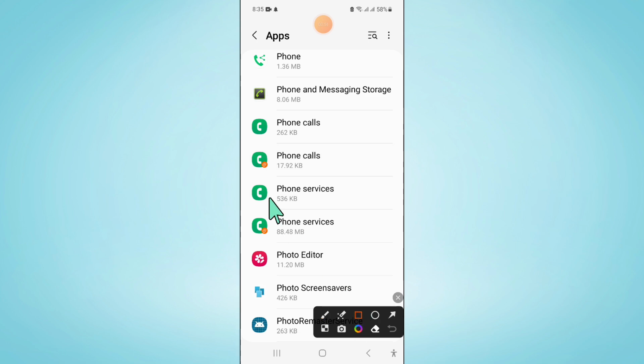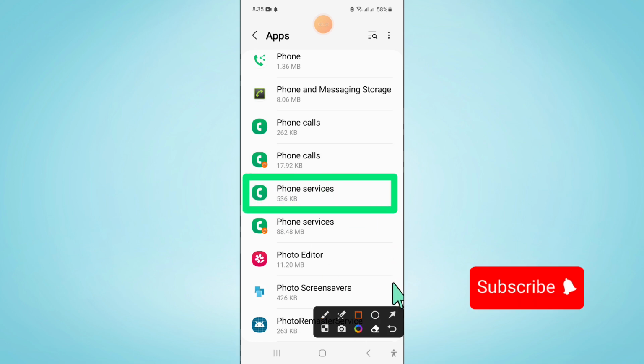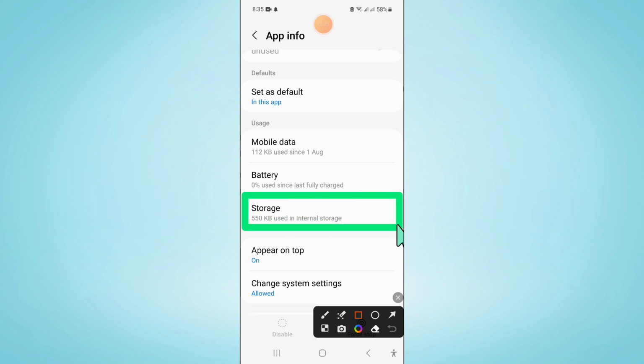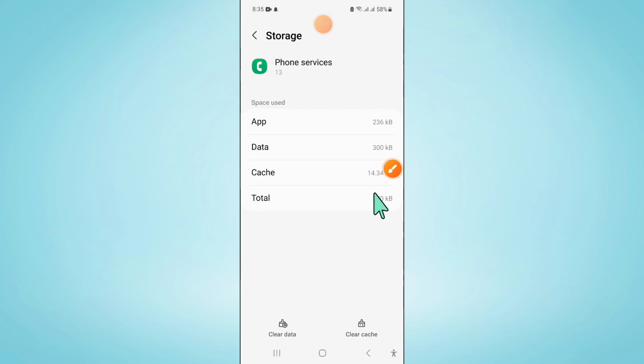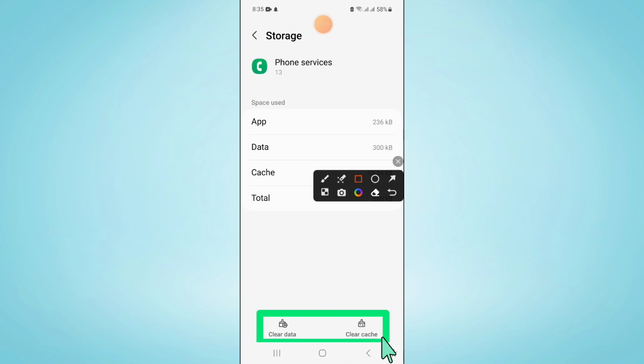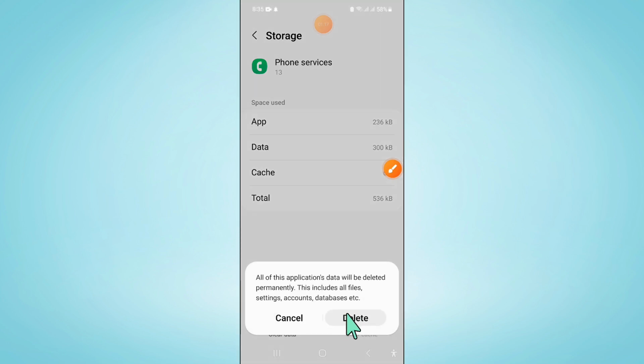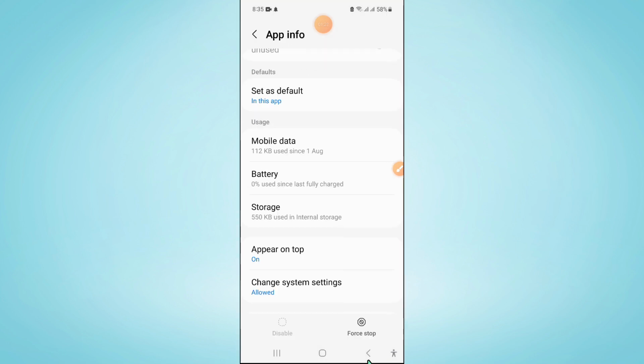and here first of all open phone services and then go to its storage and here clear the app data and cache memory of phone services. Now here click on delete to confirm and then go back to apps